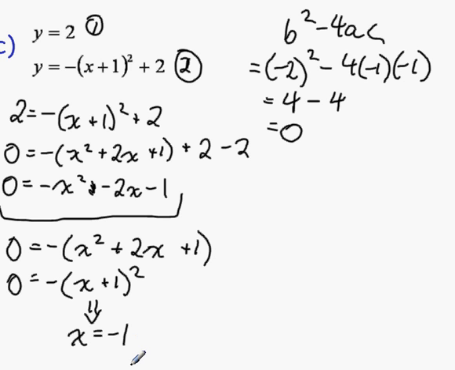Okay, so we'll take that x value, and normally we would substitute it back in, but because our first equation here is y equals 2, we know that y is always equal to 2. So we have our point of intersection, negative 1,